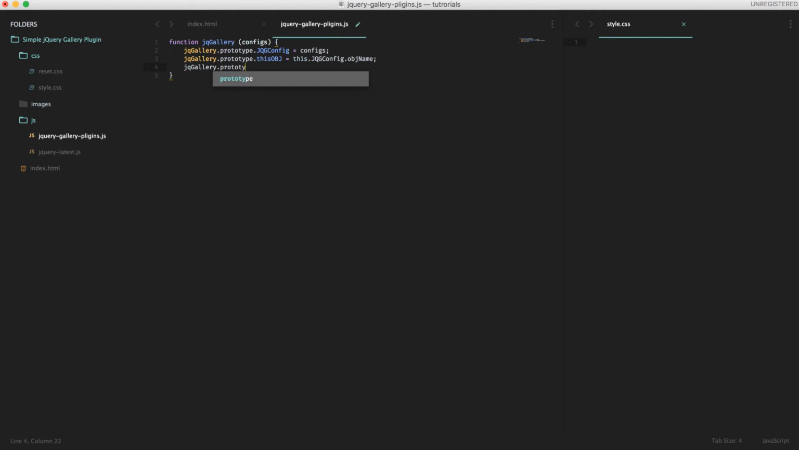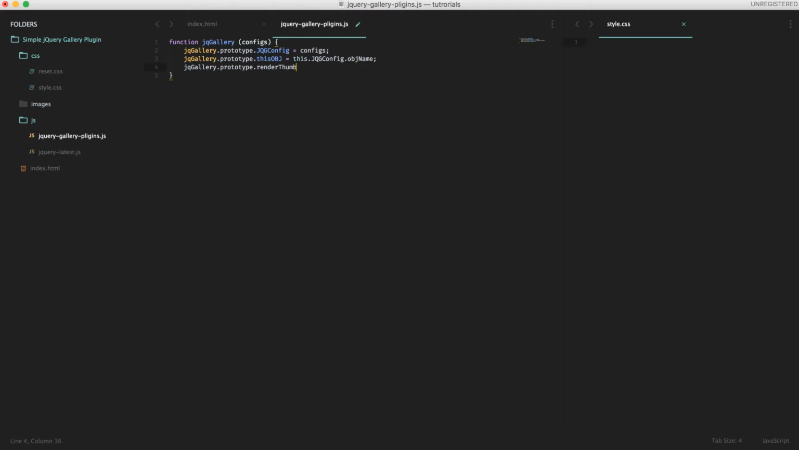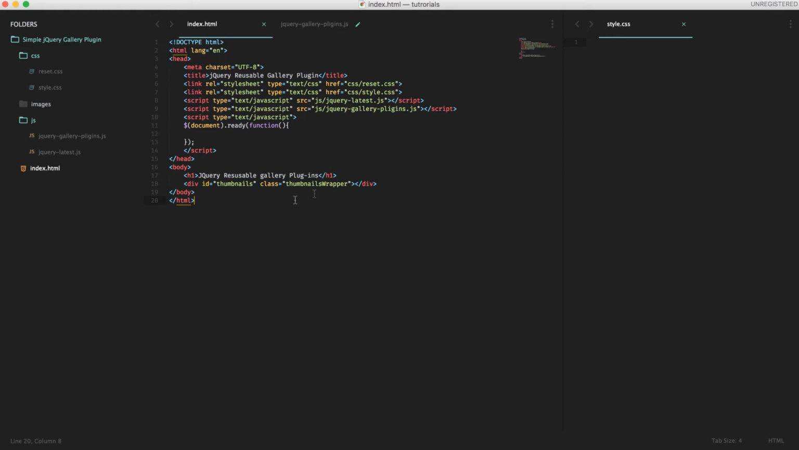And jQGallery.prototype.renderThumbnails is a method which will be called once this has been assigned and configured. Okay, let's just define our class and start building it one by one. So first of all, we'll have to instantiate our class, which is jQGallery. So let's say natureGallery